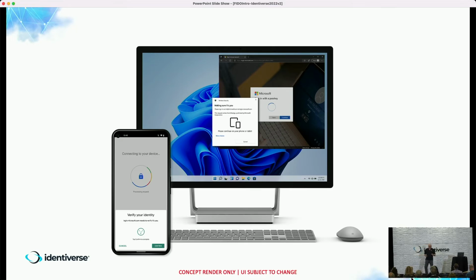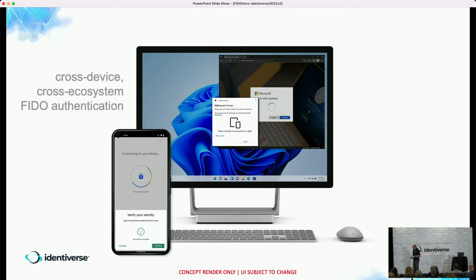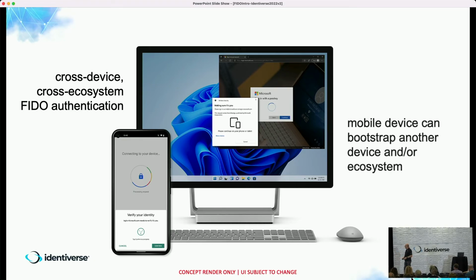And what that means, the purpose of this particular slide, is that it's cross-device. So you can have a Windows machine and some phone. The credentials work across those different devices, but it's all still based on the same technology, the same protected, secure systems that I showed you and talked about earlier.